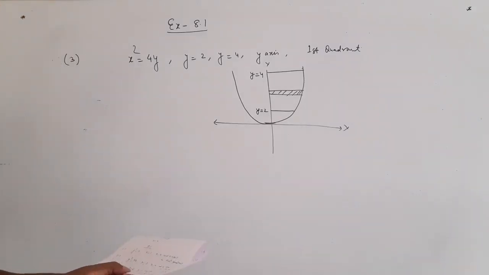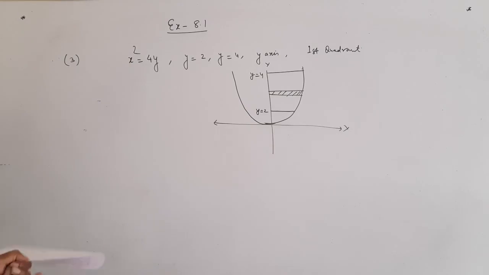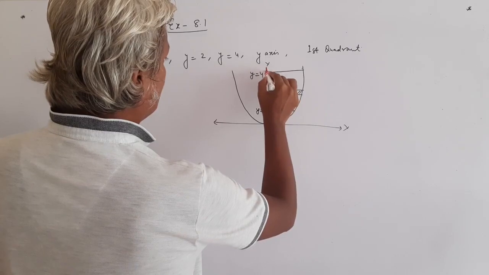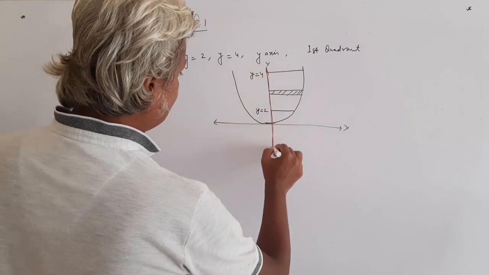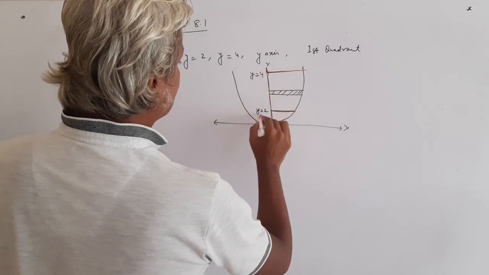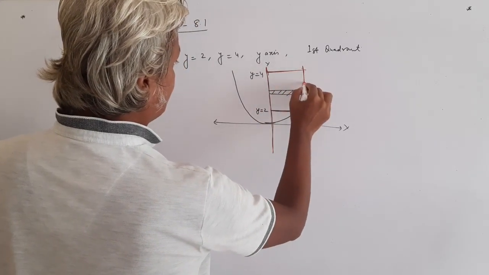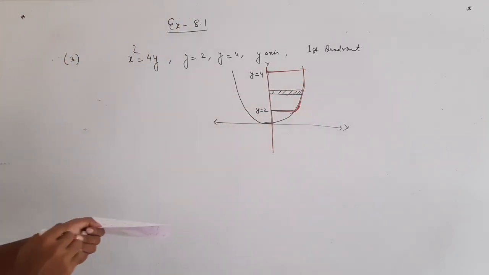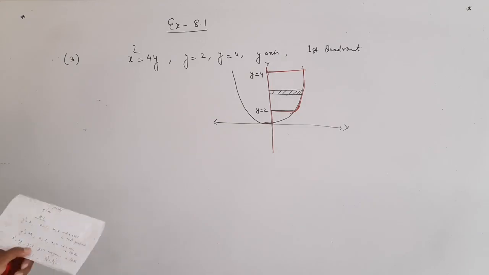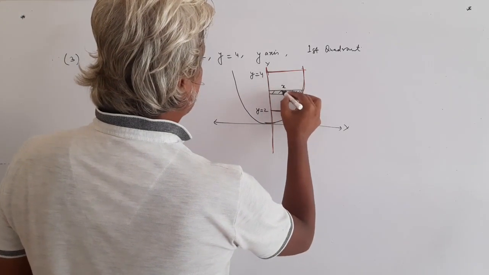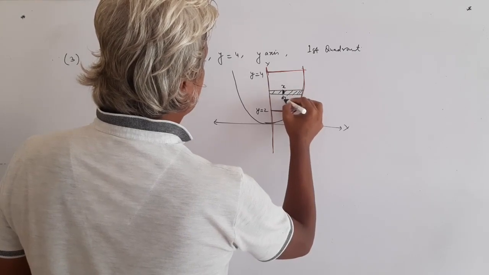Okay. So our required zone is, again I am pointing it with the red pen. This is my y-axis, this is x, this is y is 2, and this is the part of the graph. It means we need to find the area of this particular section. So here this is x and this thickness is dy.